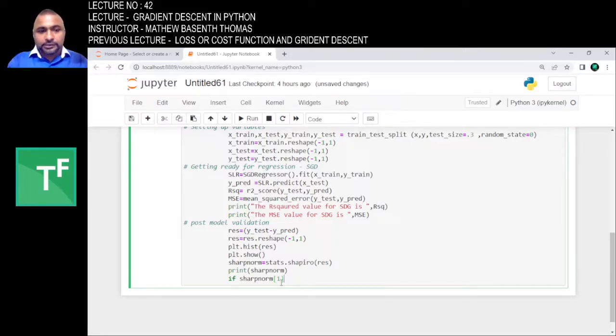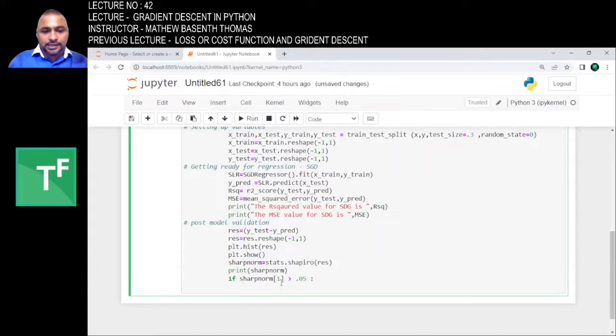If shapiro_norm[1] is greater than 0.05, okay, then you print and say that the residuals follow normal distribution